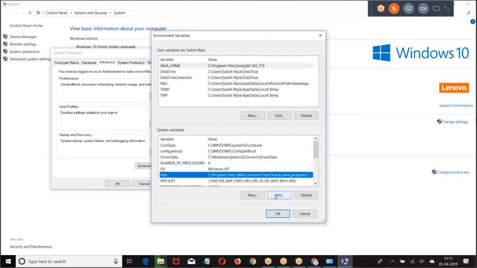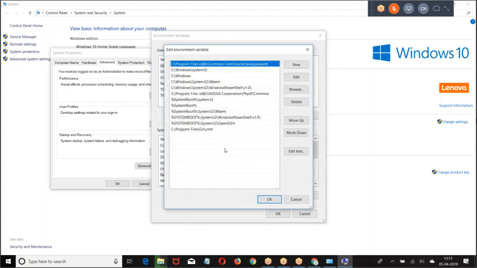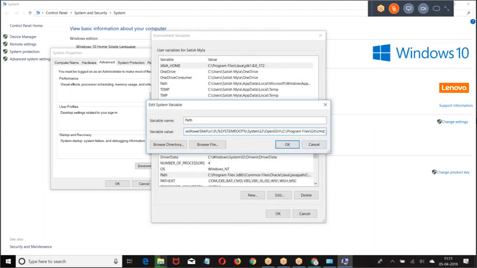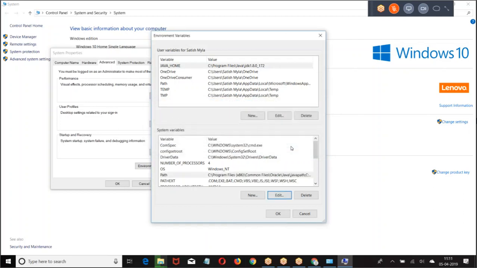Then we have Edit, we have edit text. Along with the bin, it is the path. Without bin, it is home.